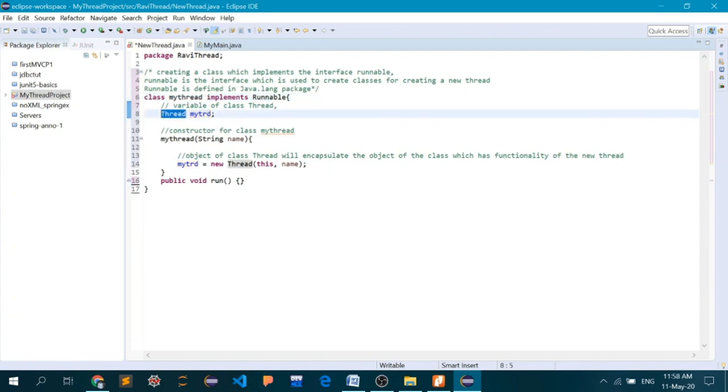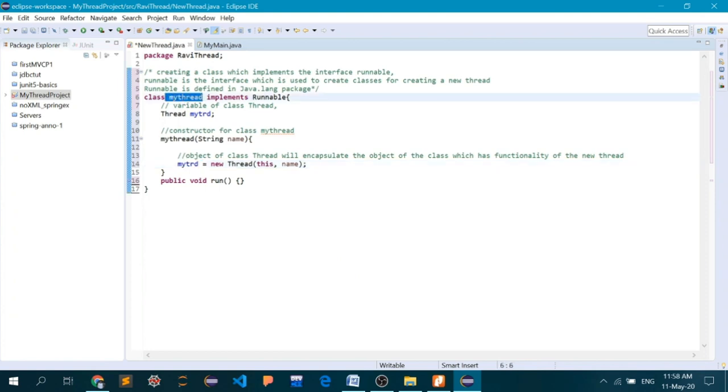So now you must understand the meaning of encapsulation. By encapsulation I mean this object actually encloses this object or has taken over the control of this object. Now this signifies the object of class myThread. So basically myTRD has taken the control of the myThread object.